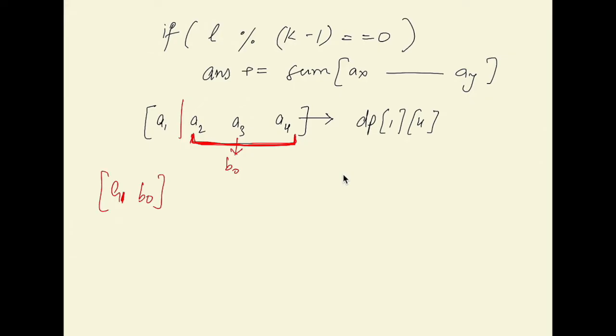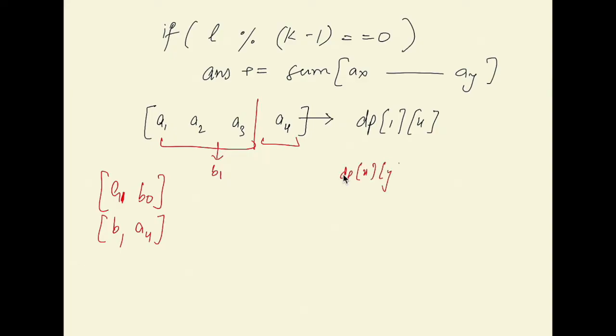And another option is that we split here and then we obtain again 2 piles. Let's say this is b1 and a4, and hence dpxy basically stores the min value to obtain the minimum number of piles,